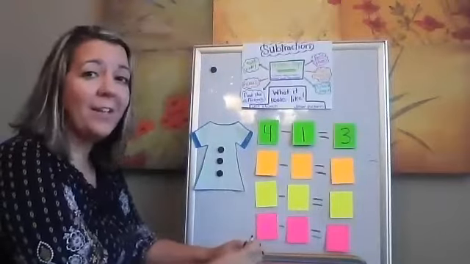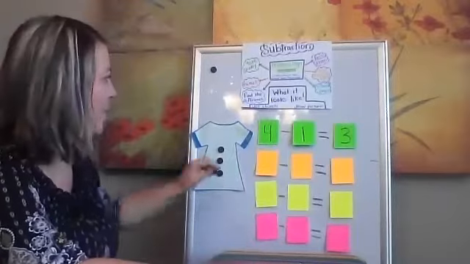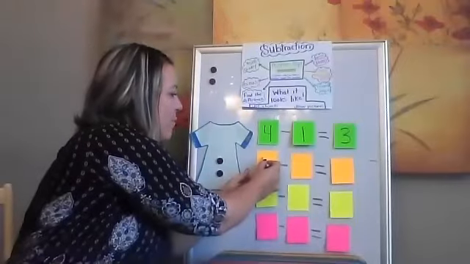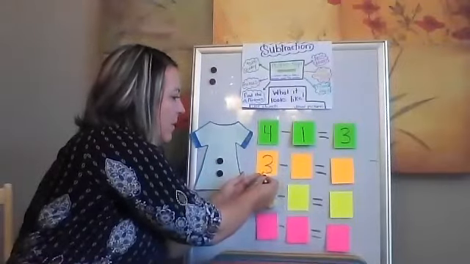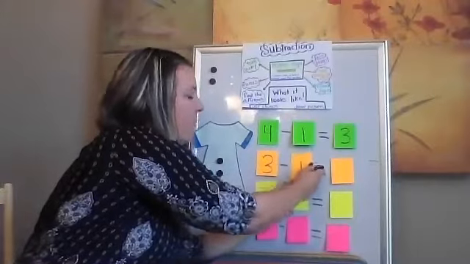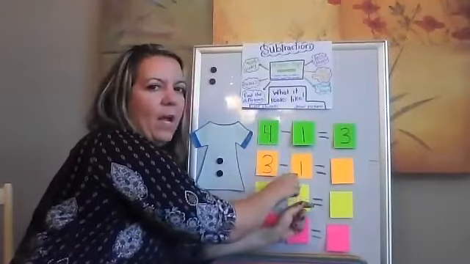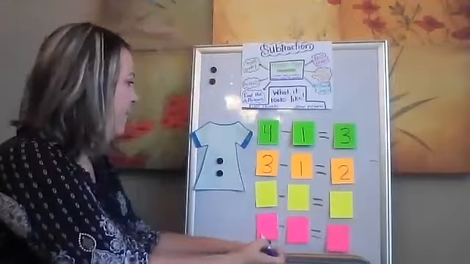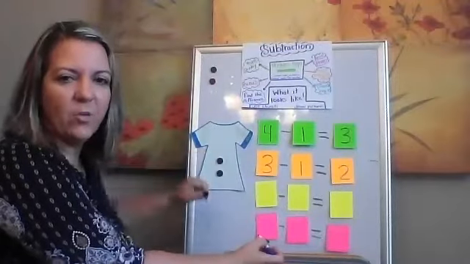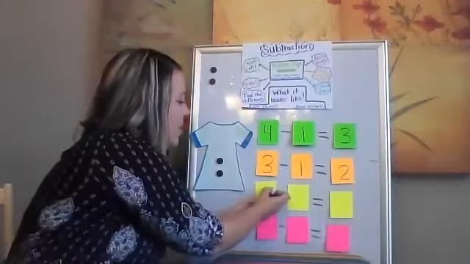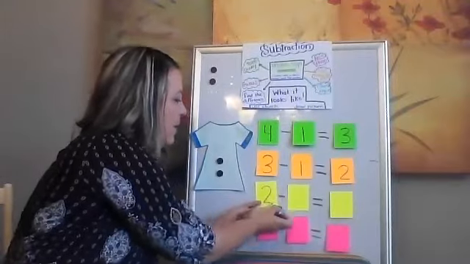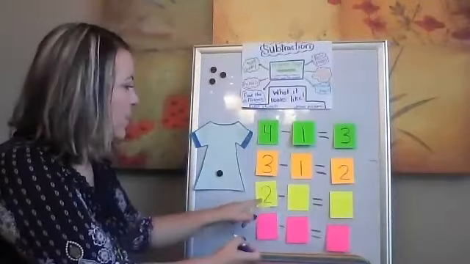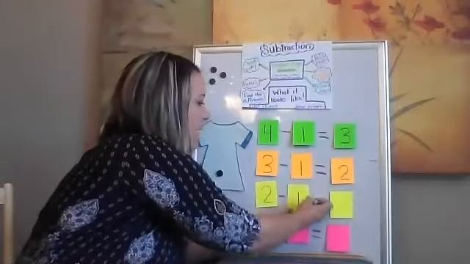And then Pete the Cat was walking along, and 1 more button popped off. So he started that time with 3 buttons on his shirt, and 1 button popped off. 3 take away 1 equals 2. Okay. What's the whole number that's left on his shirt right now? He starts with 2 buttons, and pop, another button pops off. 2 take away 1 equals